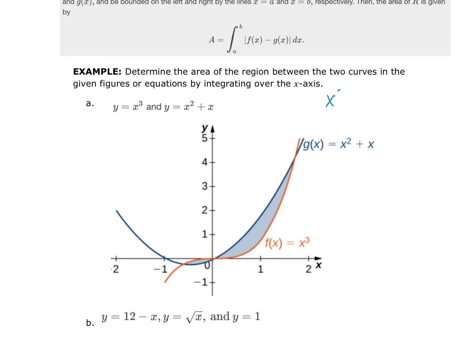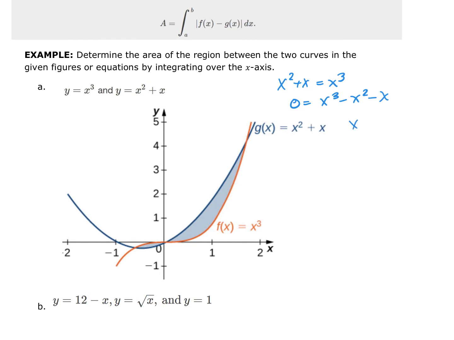So I have x squared plus x is equal to x to the third. Bring everything to the right-hand side. I have 0 is equal to x to the third minus x squared minus x. Factoring out an x, I'm going to get x squared minus x minus 1. And so you can see when x is equal to 0, which is right here. And then for the second one, I'm going to have to use the quadratic formula. So when x is equal to the second crossing, which is right here, I'm going to set this using